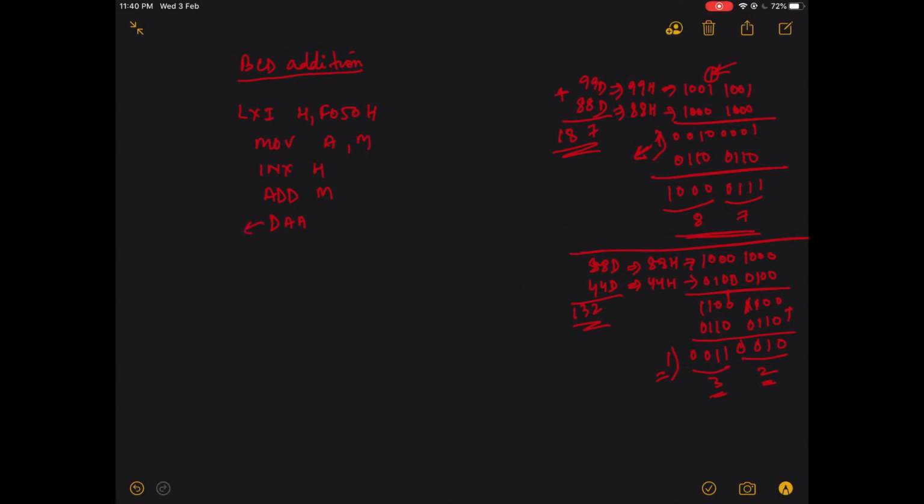So there is one instruction called decimal adjust accumulator. Whatever is there in the accumulator, it will adjust itself to a decimal number. Whatever conditions I've told you in the first example and the second example, you don't have to do manually. This DAA will do this automatically. It's a predefined function in 8085. So just do DAA, and the operation automatically adjusts the result to your decimal number.